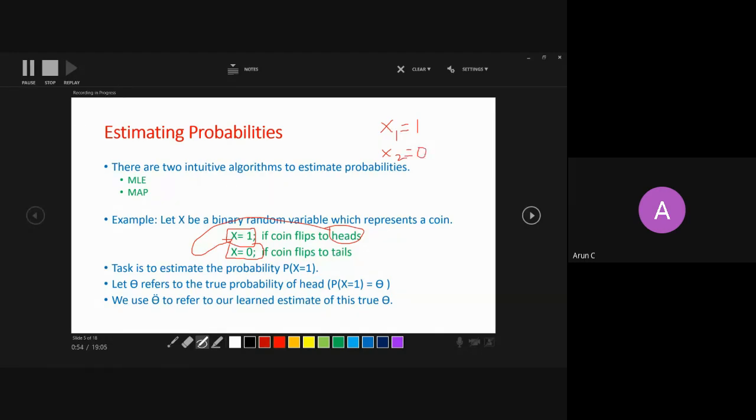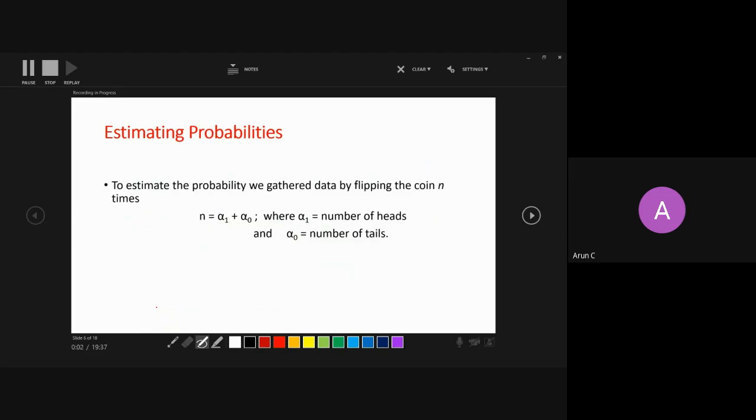This is a construct of modeling, right? I am not aware of my true theta, like whether it was an unbiased coin, where I get 50-50% heads and tails, or whether it was a biased coin, where with some 90% probability I get a head and 10% probability I get a tail, right? So I don't know my true theta, but I want to estimate it. I want to guess what my true theta could be. And to guess my true theta, I am taking two approaches. One is maximum likelihood and the other is